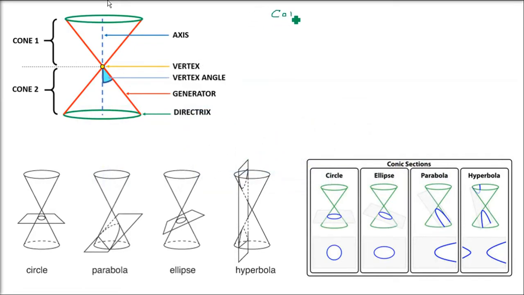This word has come from conic and section. So conic has come from cone. Cone, ice cream, you remember, you used to eat. And section. If you take different sections, different parts, or cut the cone in different planes, different sections will be formed. In our normal life, you will see circle, parabola, ellipse, hyperbola.